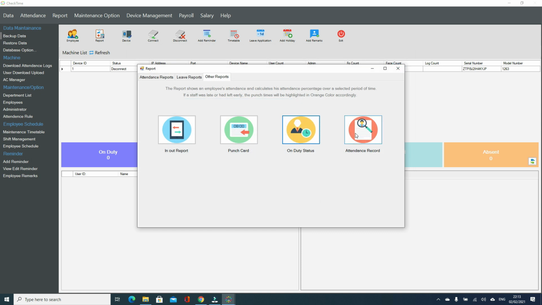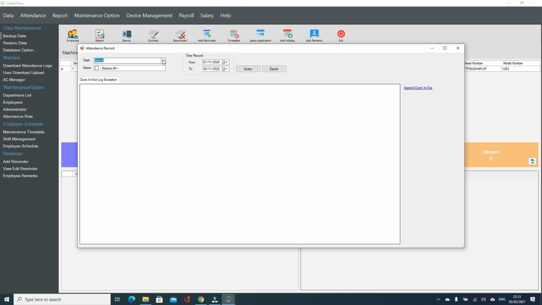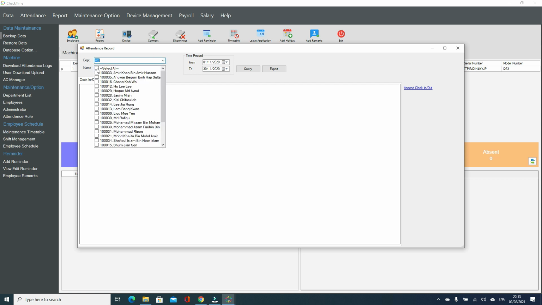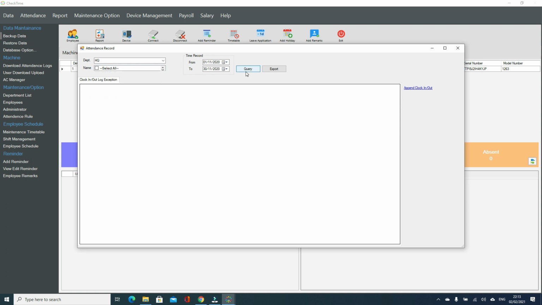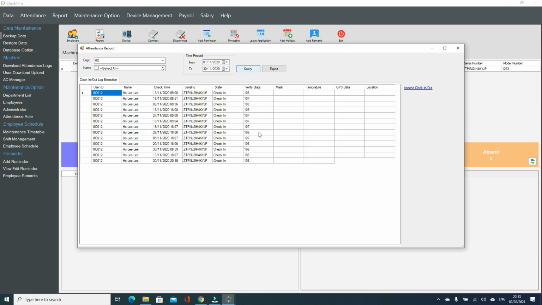After this, the attendance record is a completely raw data report. This data comes directly from the device without filtering with any timetable. If you want to counter verify with any employee whether they are present or not, and how many times they scanned, 1 time, 2 times, 6 times, 10 times, it is all shown in the raw data report.